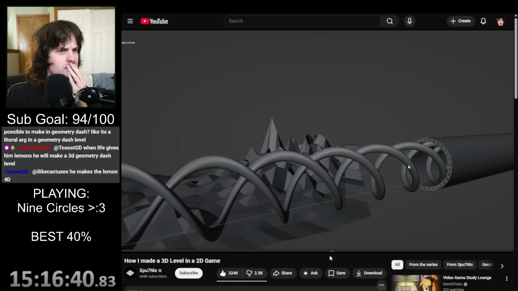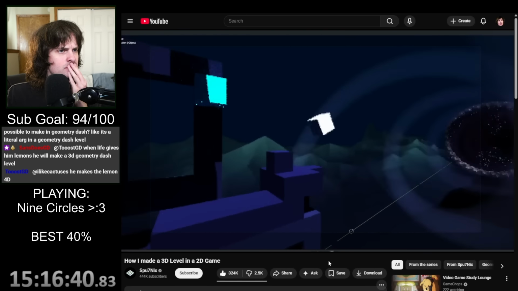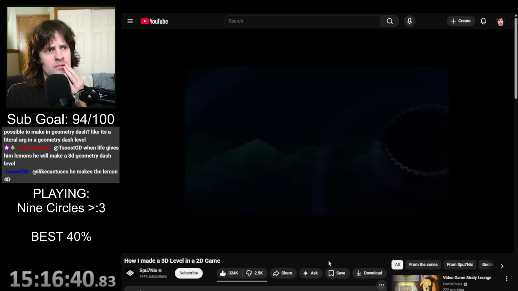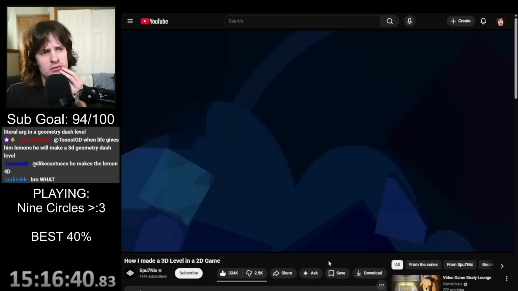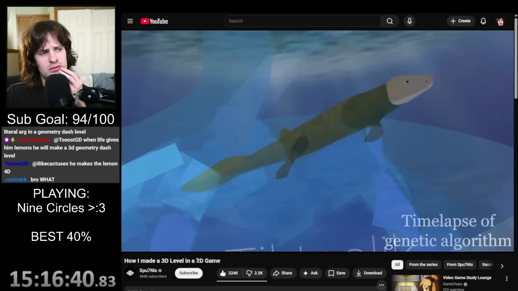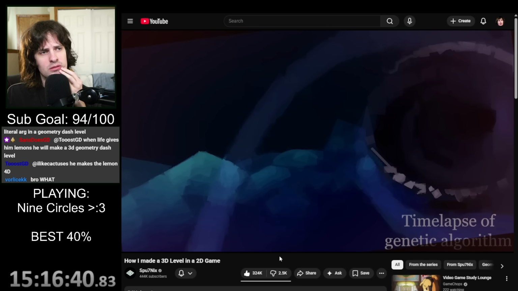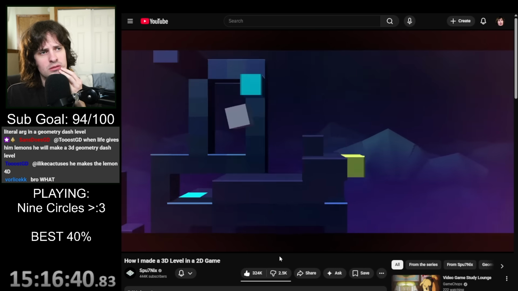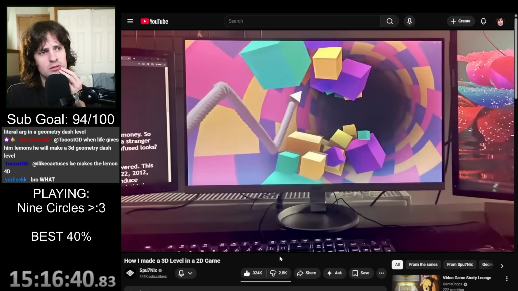I used the cubes as obstacles in both parts, and then to transition between them, I recreated every other illusion in the level as 3D objects in a 3D animation program, so that I could just animate the transition. I then rendered each frame of the transition as an image and recreated each image out of objects in the game by running a genetic algorithm that simulates evolution on Geometry Dash objects to optimize them to look like a given frame of the animation. And wow, it looks so cool, and now that they're connected, both of these parts are finished, and